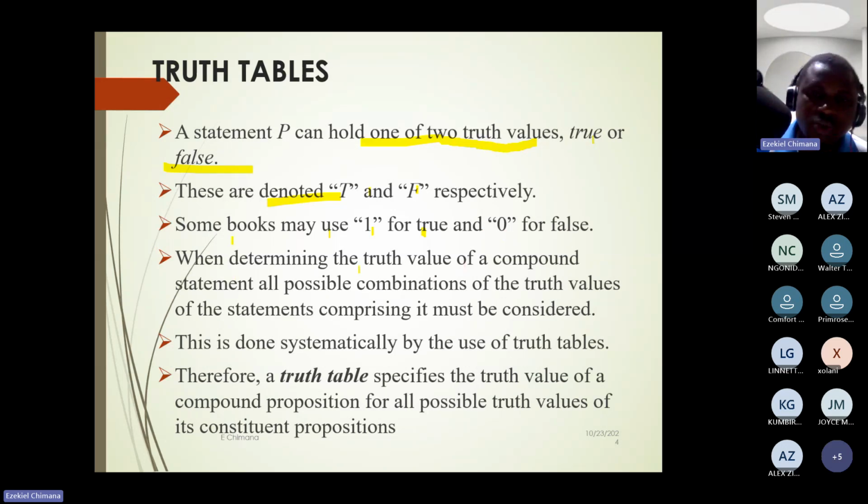So when determining the truth value of a compound statement, all possible combinations of the truth values of the statements comprising it must be considered. This is done systematically by the use of truth tables. Therefore, a truth table specifies the truth value of a compound proposition for all possible truth values of its constituent